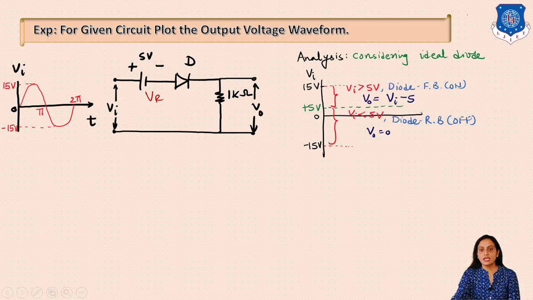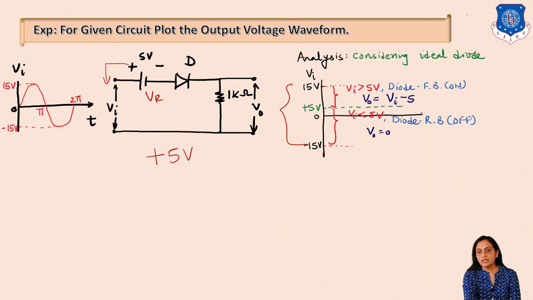So we will start the analysis. We consider the diode to be an ideal diode. So we will consider diode on as switch closed, and diode off as switch open. The same steps we will follow. You can see here the input voltage range is plotted from plus 15 to minus 15, and now you need to divide the input voltage range into two parts. For the biased clipper we will divide it from the reference voltage level. As this battery's positive terminal is connected towards the input, we will consider the reference voltage plus 5 volt. So plus 5 volt is the reference.